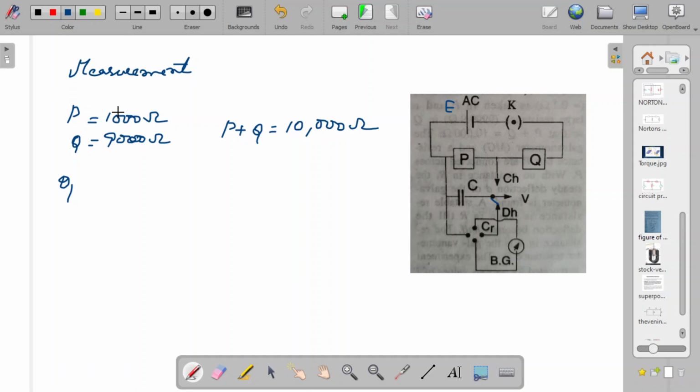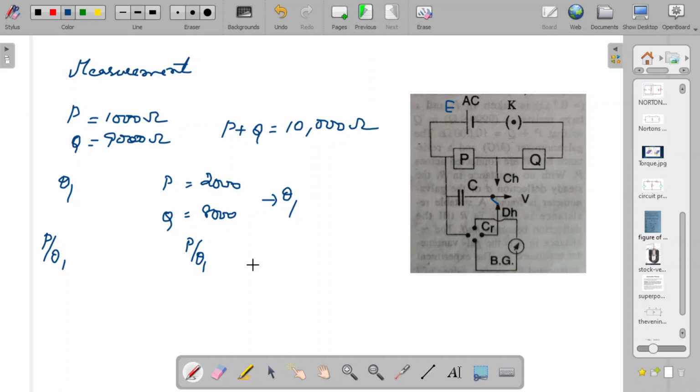So in that way, next time I can make P as, say, 2000, and Q can be kept as 8000, whatever it be. In this case also you find the first throw theta 1. So you can get a set of P by theta 1, right? Here also you can calculate P by theta 1. Next time you will get another P by theta 1. You can calculate all the P by theta 1 values and take the mean value. Conduct experiments several times changing P and Q, then P by theta 1 can be calculated.